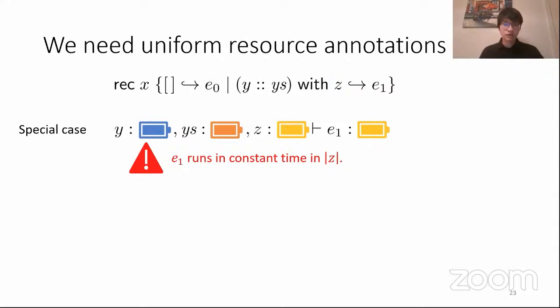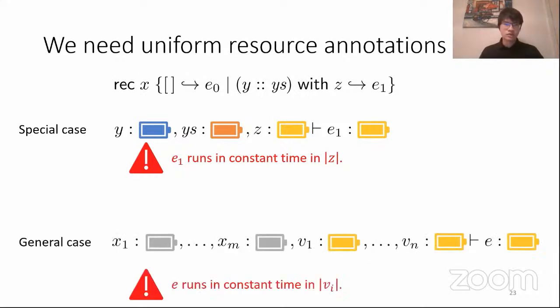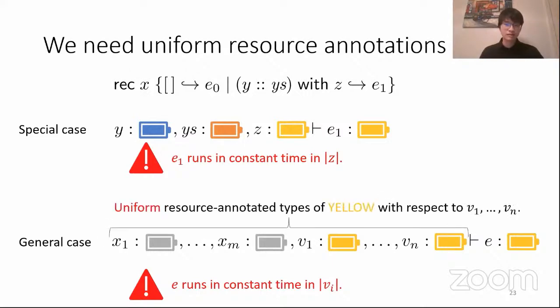This typing of a stepping function in primitive recursion is just a special case. To generalize this, consider a term E whose free variables are X's and V's. Suppose that the running time of E is constant in the size of each Vi. Then we would like to prove that E is typable in such a way that its resource annotation is the same as the resource annotation of each Vi. This is why on the slide, all of V's and E are given batteries of the same color. In this case, the input potential of E is said to be a uniform resource annotation of yellow with respect to V1 up to Vn. In this way, we introduce the notion of uniform resource annotations, and generalizing this notion to multivariate polynomial ARA was